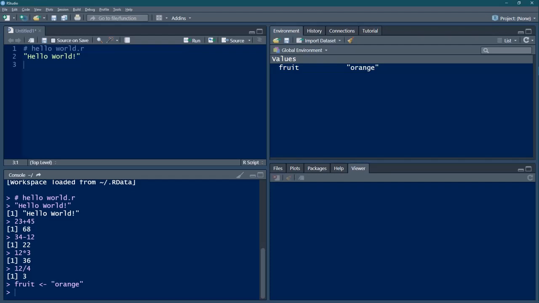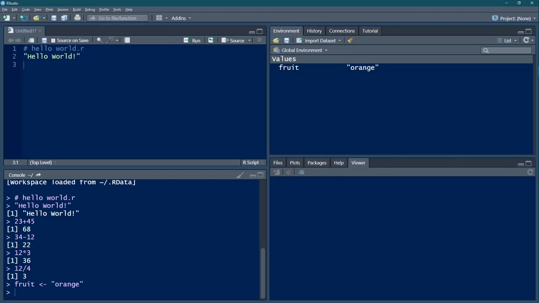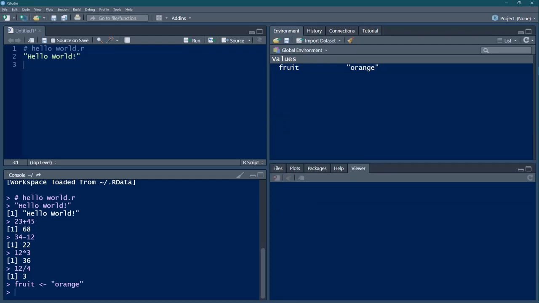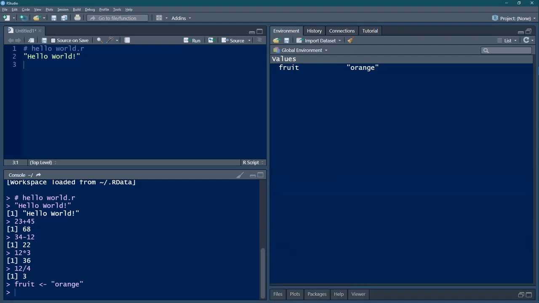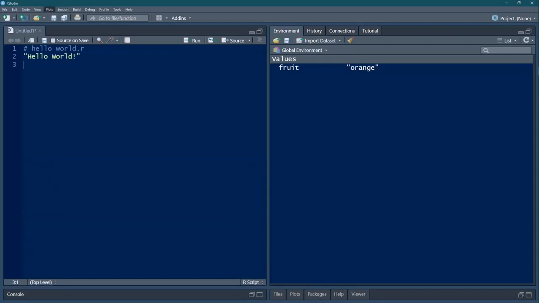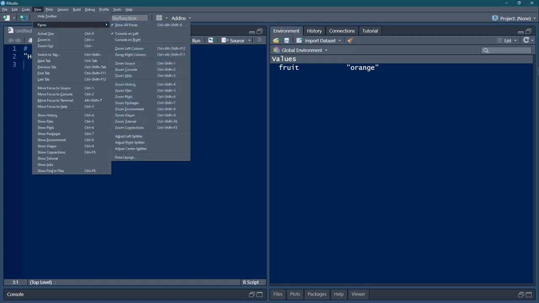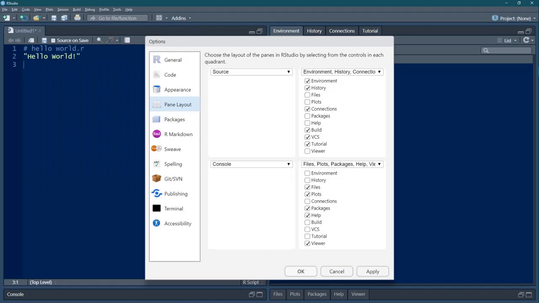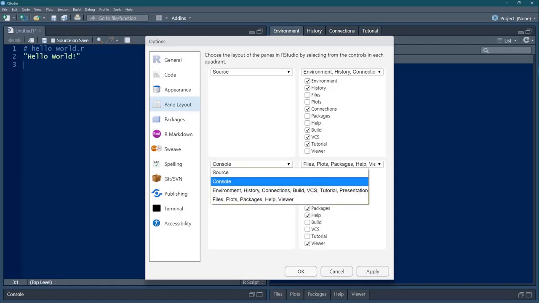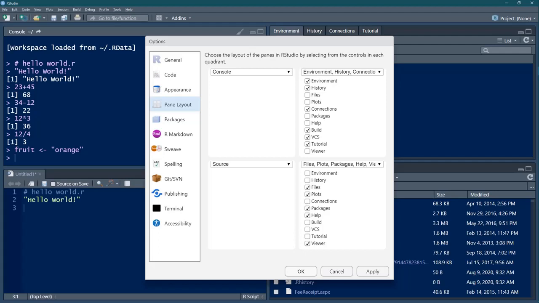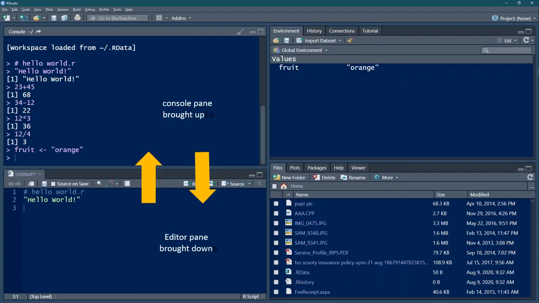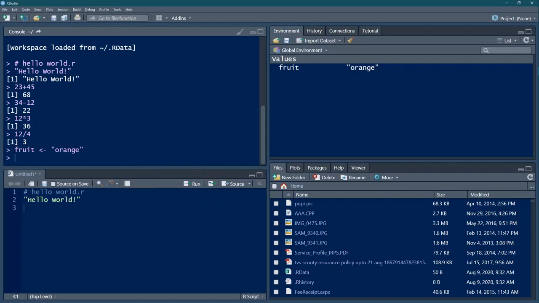All these panes can be resized or closed and opened as needed using the View item in the menu bar. We can also have the console on the left and on the right, and show the whole screen with one particular pane only using shortcuts. RStudio has a ton of features. We'll use them as we go along with our videos.